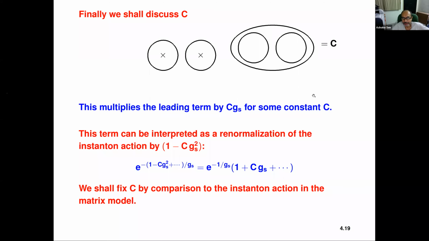So now you have to use closed string field theory because it's in the closed string channel, right? So there is an ambiguity related to the marginal operator. Whenever there is a marginal operator, you will find that there is an ambiguity in computing amplitudes. Now, this ambiguity can be fixed purely perturbatively. So for example, suppose you want to look at the 3 tachyon amplitude. You compute the 3 tachyon amplitude up to 1 loop, and you say that we will fix G string now by comparing with the matrix model.